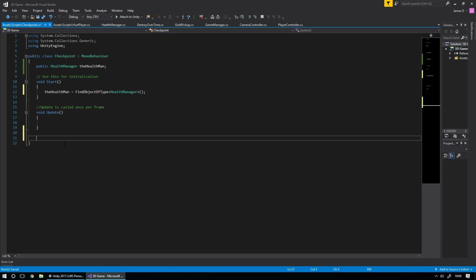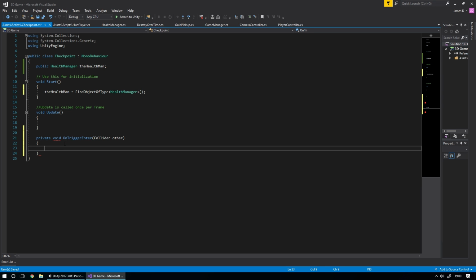So we can create a new private void OnTriggerEnter, and you see we get an autofill in Visual Studio here for OnTriggerEnter(Collider other). So whatever collider comes into our trigger area, what we want to do is check and see if that other collider that just arrived has the tag other.tag equals